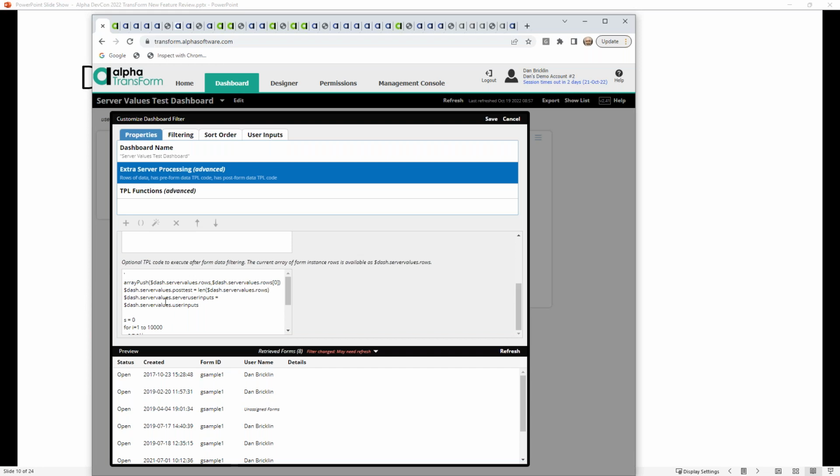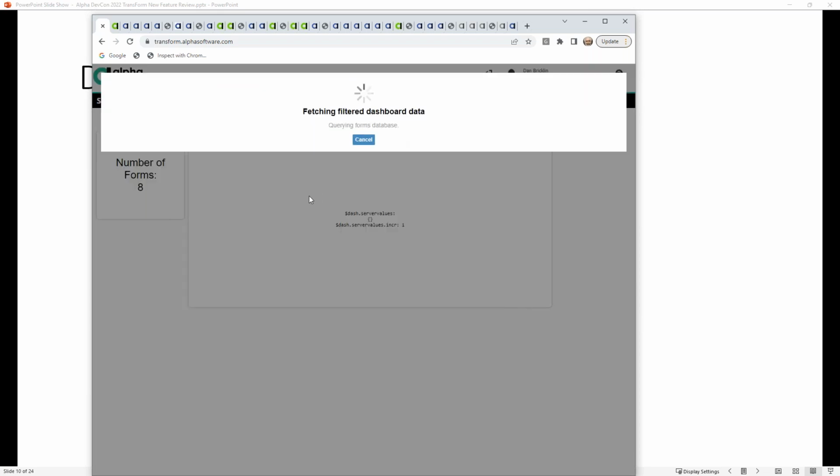And then also what I'm doing is I'm saying that server user inputs, I'm making up a new server value, is the server values.user inputs, which will pick up what the user input is. And then I'm just doing a little timer thing here, just takes up some time, summing up the numbers from 1 to 10,000 and saying the .sum is this. So if I save this,